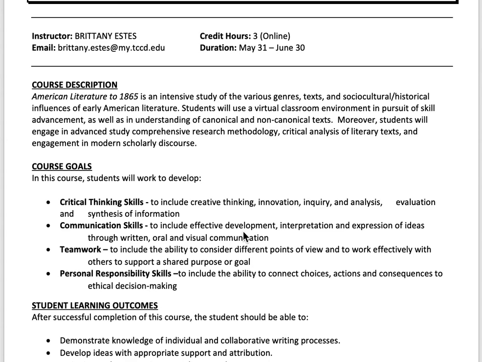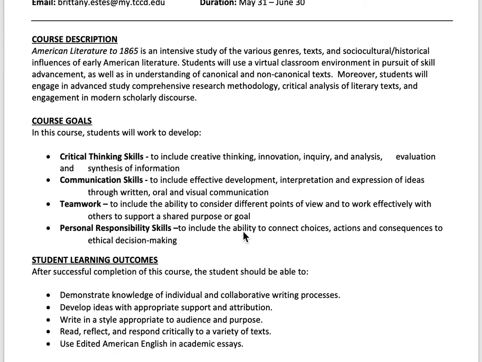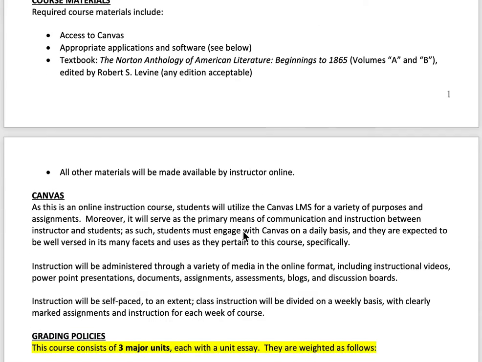So we're going to look at everyone from Columbus up through the Civil War texts, not only from our canonical authors, but also from authors who are more marginalized. The goal is to expose you to different authors from different eras, movements, genres, and styles of writing as well. You can read the course goals and the outcomes yourself.